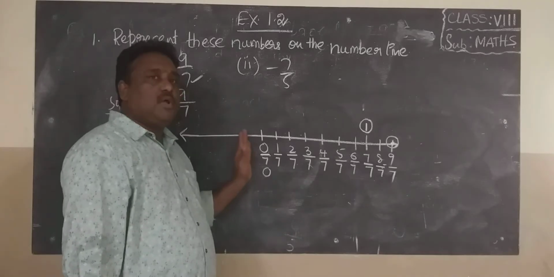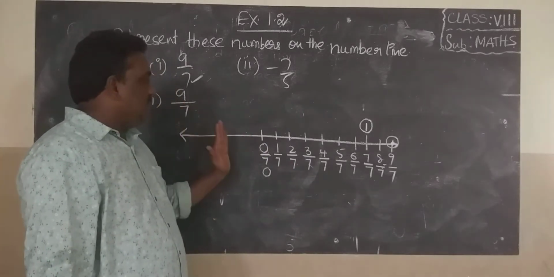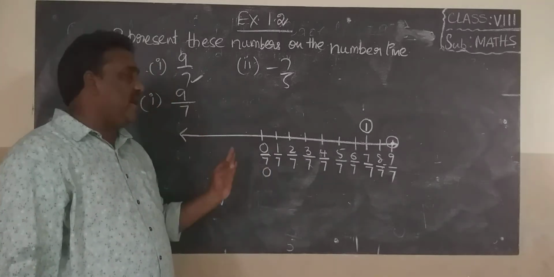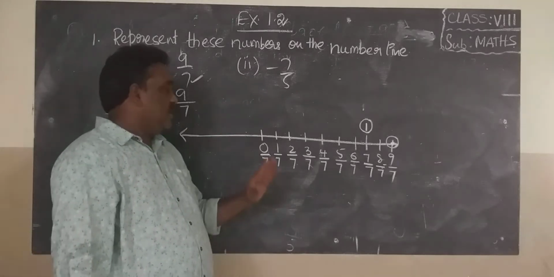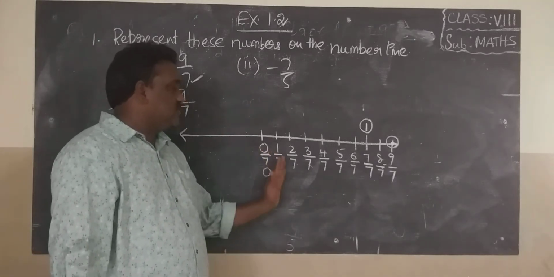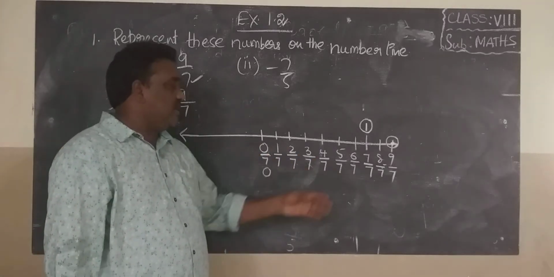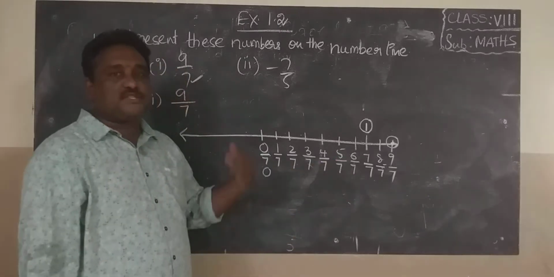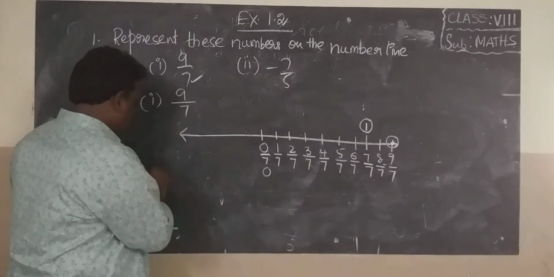Start with 0. Take only the positive part of the line. Then write 0 to 9. All parts should be equal. Then divide every number with 7. First one, 0 by 7, it becomes 0. Second one, 1 by 7. Next one, 2 by 7. Next one, 3 by 7. Next one, 4 by 7. Next one, 5 by 7. Next one, 6 by 7. Next one, 7 by 7. Next one, 8 by 7. Last one, 9 by 7. There the problem ends.